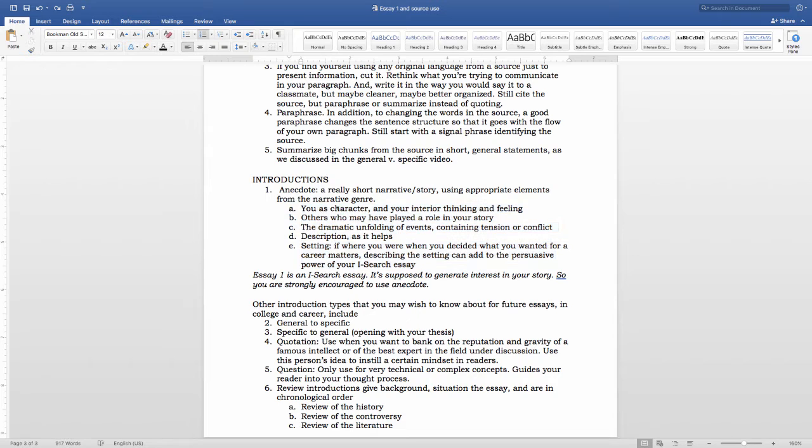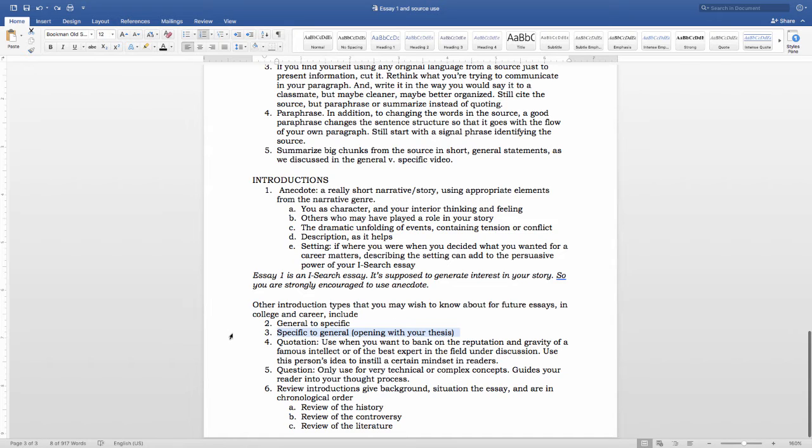So these are some choices that you can consider making, and you probably should really consider making an anecdote style of introduction. Okay, but I want you to know, in addition to this, that you're going to be writing an awful lot of papers for your college life, and most likely the career beyond it, and maybe even in your personal life there might be reasons that you need to tell your story, that you need to write an essay. So the types of introductions that are very common, general to specific, is probably, as I've been saying, the most common style of introduction that you will see, so I'm not going to expand on that.